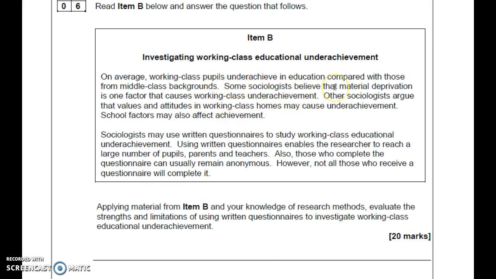about that student, which then might provide a barrier for you to research those. Okay, so this is using written questionnaires to investigate working class underachievement. So you need to give strengths and weaknesses of the written questionnaires. I would structure your answer by saying, well, a written questionnaire is a set of fixed questions that are prepared in advance that students can answer. It's mostly quantitative data. It tends to be closed questions. Positivists like it. That might be a bit of an intro, and then structure your answer through the practical, ethical, theoretical. Address each one in turn, and each time try to apply it to studying in a school and also